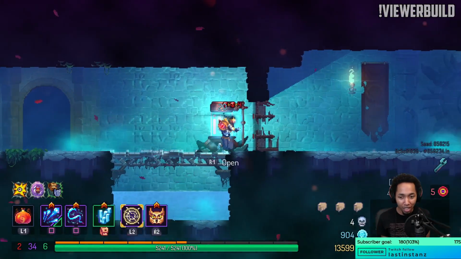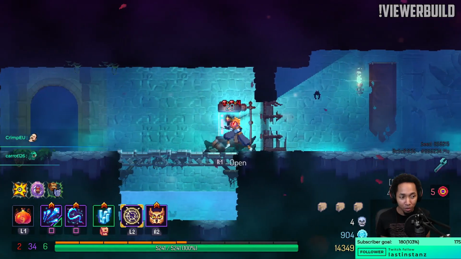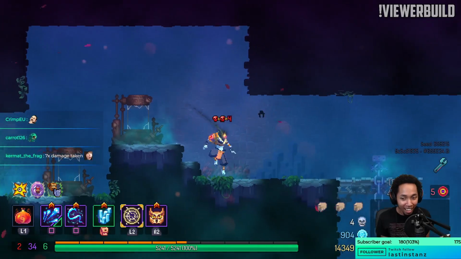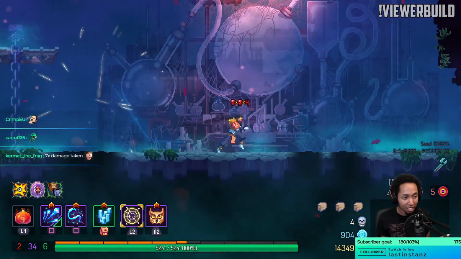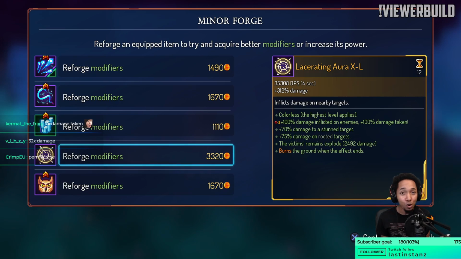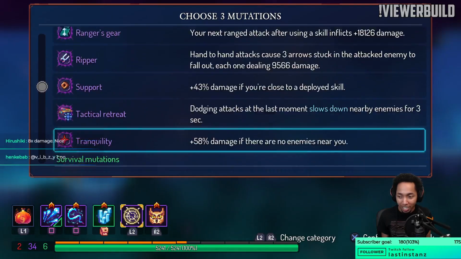Double damage on the lacerator has appeared. You would think to yourself, V literally gifted. That's gonna be the title of this viewer build. Viewer gifts a win to Veedotme. I am so sorry to